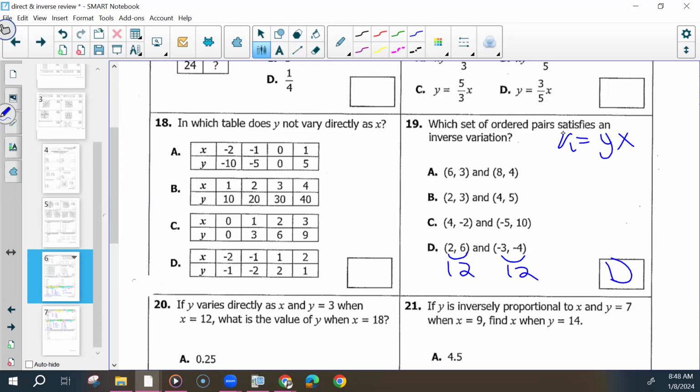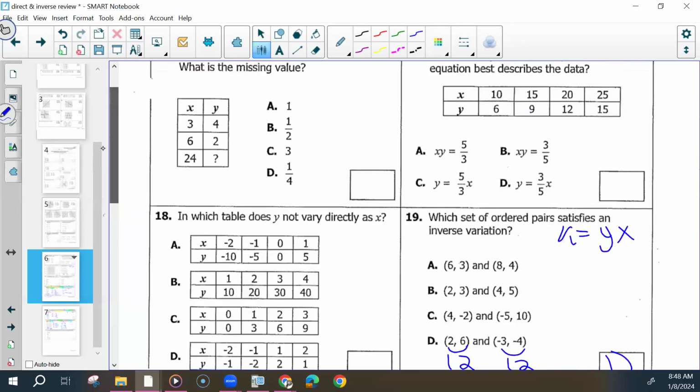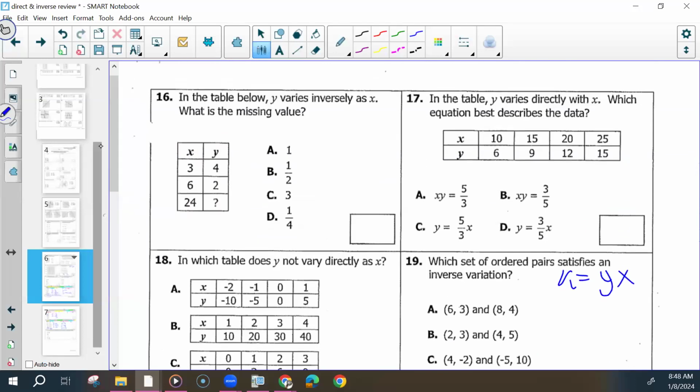17 on the table. In the table, y varies directly with x, which equation best describes the data? So first we have to find our k values. Also, we can eliminate A and B because this is how we find k for inverse. And B, C, or D. And we're doing y divided by x, so 6 divided by 10, or 9 divided by 15. These should all be the same, so whatever you get here should simplify to be the same thing, which is